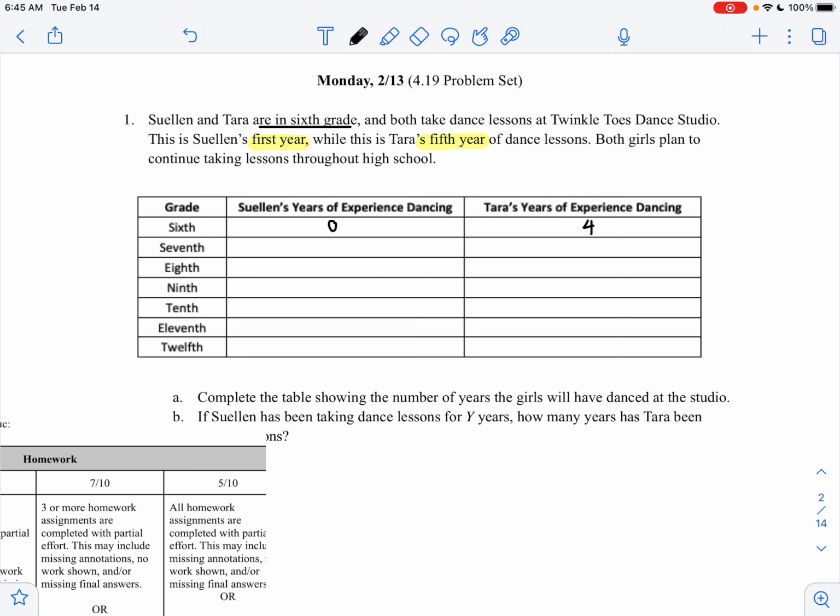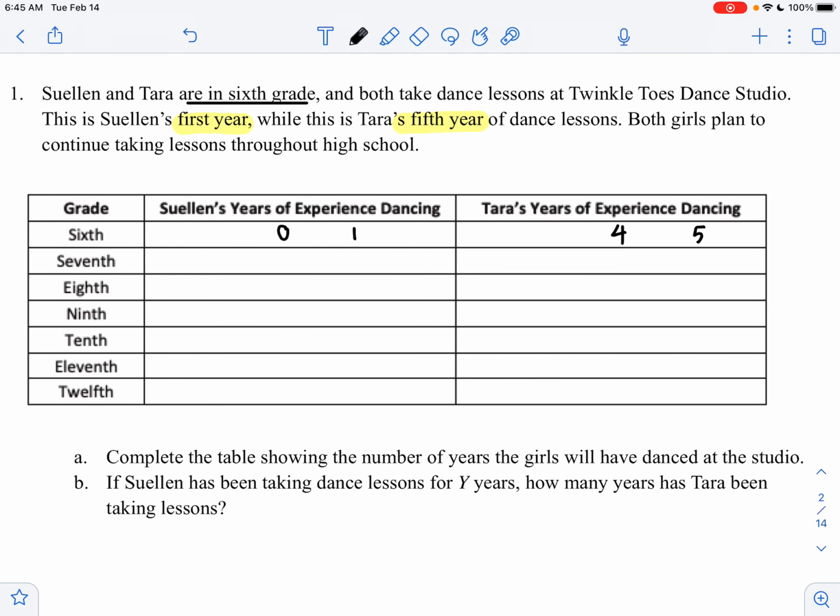Now, if instead of putting 0 and 4, you put a 1 and a 5, that would also work. It would depend on whether you interpret this table to mean the beginning of 6th grade or the end of 6th grade. I'm going to stick with 0 and 4, but either way works,